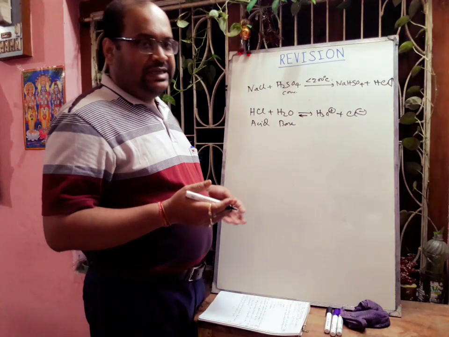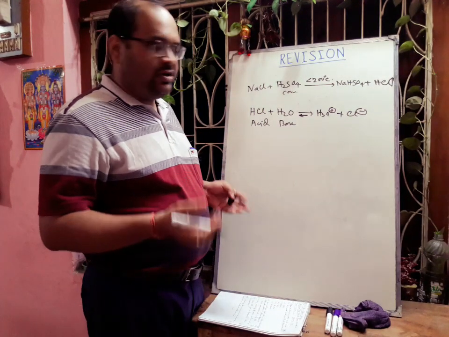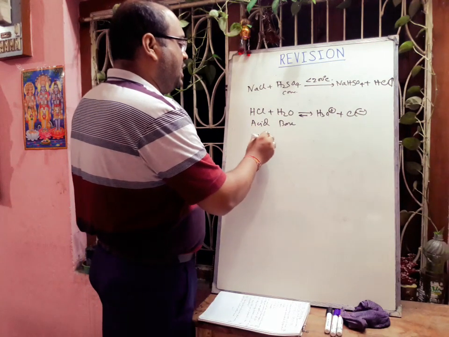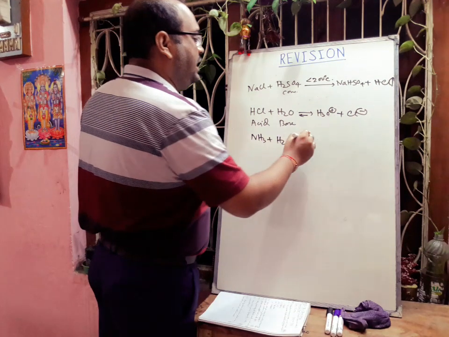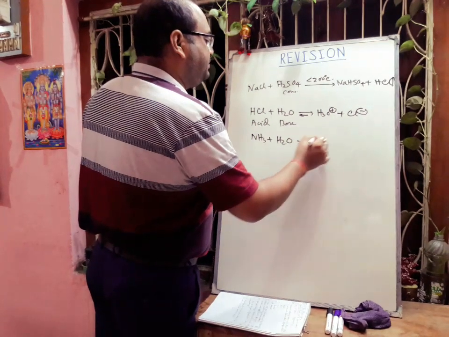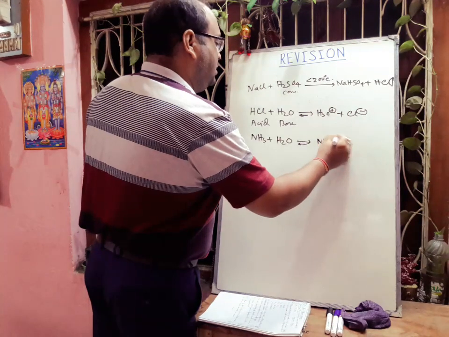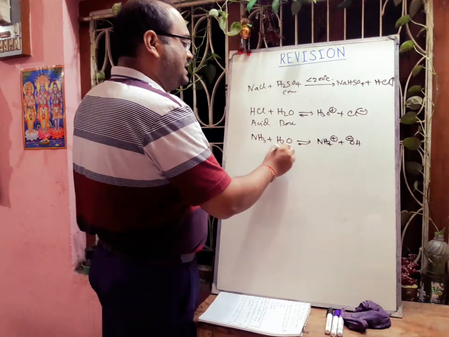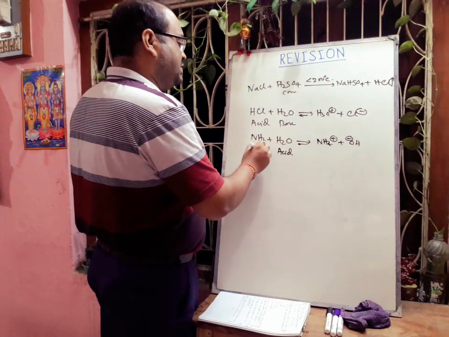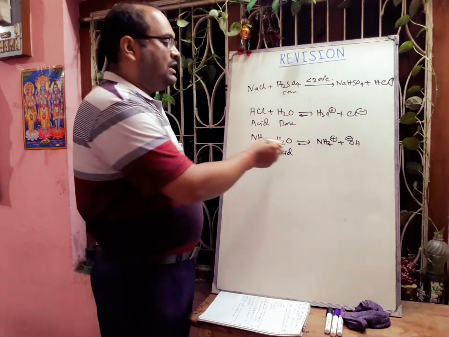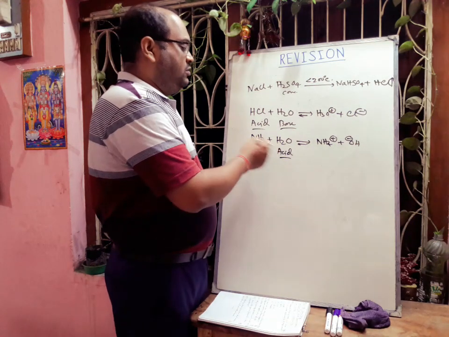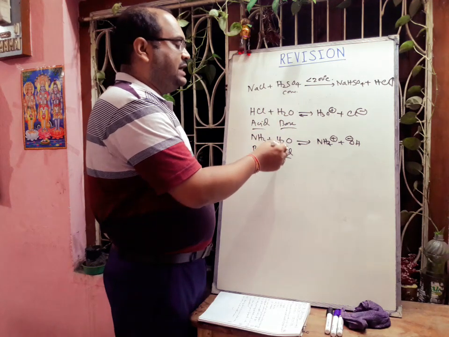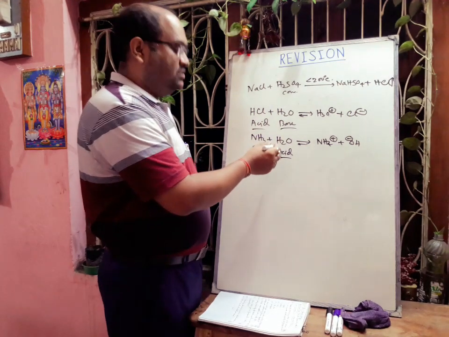We know that generally acids are proton donors and bases are proton acceptors. That is why here water is acting as a base. But if we think about the reaction of ammonia with water, then it will form NH4 plus OH minus. In this case, water is acting as an acid and ammonia as a base, because ammonia is accepting the proton from water and water is donating the proton to the ammonia. So in the first case water is acting as a base, and in the second case water is acting as an acid. Hope you can understand.